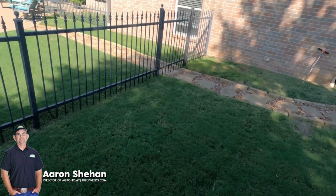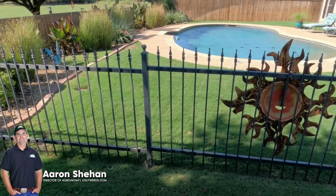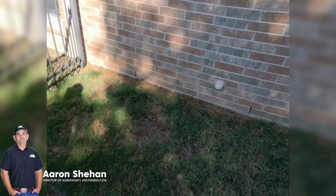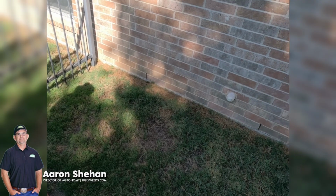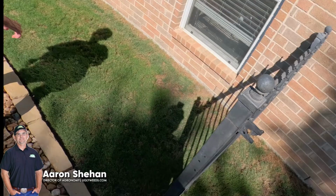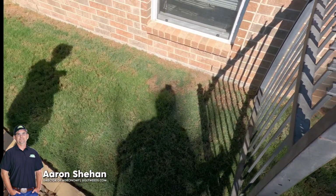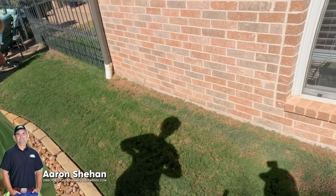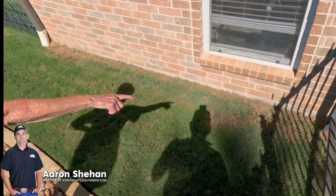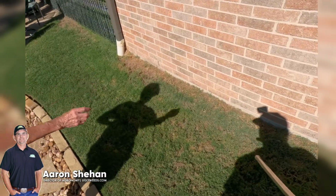Sometimes you can get heat that radiates off the house and then causes problems along the edge right there. This looks like lawn people sprayed something on there to kill that grass so they wouldn't have to mow up close to the house. When I was mowing, I did fence lines when I had rural properties, but along a house, I wouldn't do that. I think it's just coming off the brick or... And the grass is starting to grow, the other grass. Yeah. So you can't tell it as much now because...